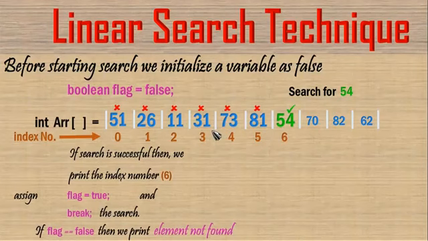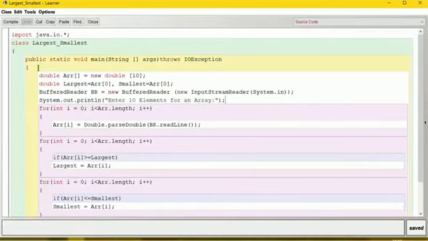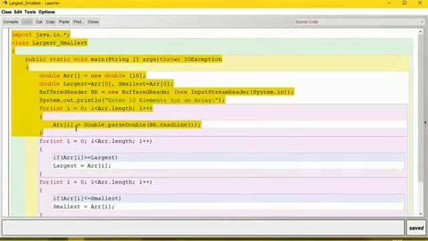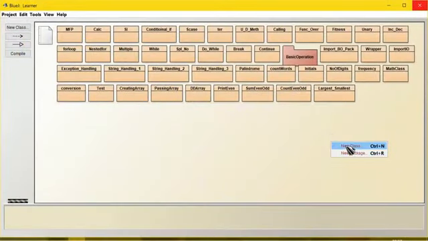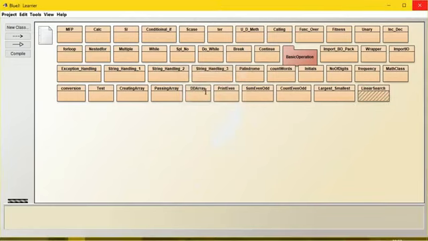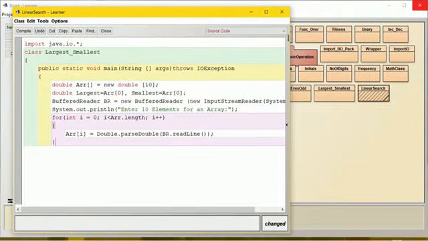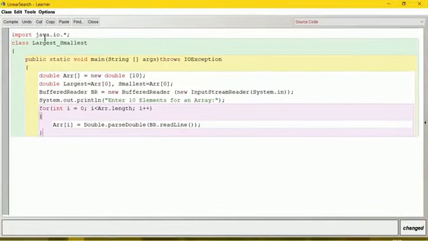I will demonstrate. Let us create a class. Before that, I will keep ready copying the codes from the previous program. So, I copied the codes until we take the input.